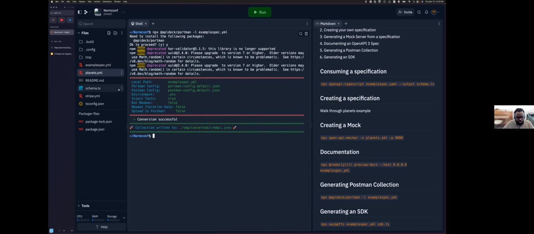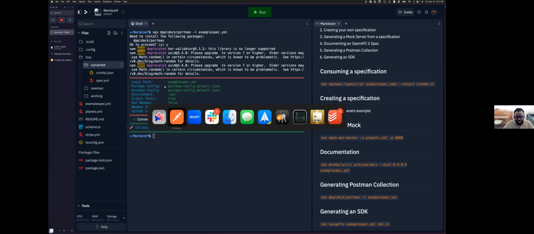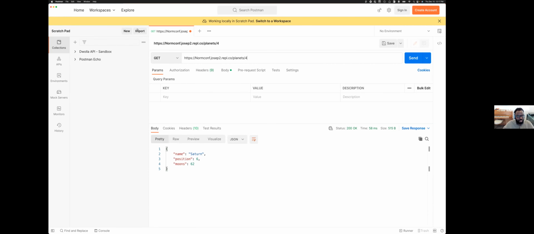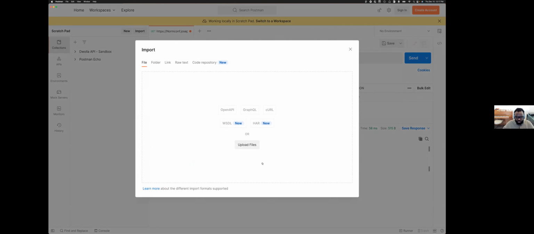Okay, so that was saved in this temp directory. So we got temp converted CRM API.json. So we'll download that, and then we'll open up Postman, import new collection,